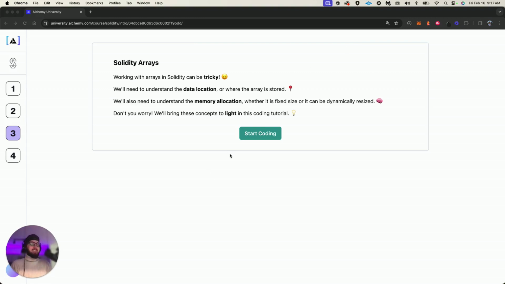Guys, welcome back. We're going to learn about some arrays in Solidity. Okay, so let's cover it. Arrays are great. They're a bit like data storage. So let's read what we have here. Working with arrays in Solidity can be tricky. We'll need to understand the data location, or where the array is stored. Fun. Okay. We'll also need to understand the memory allocation, whether it's a fixed size or can be a